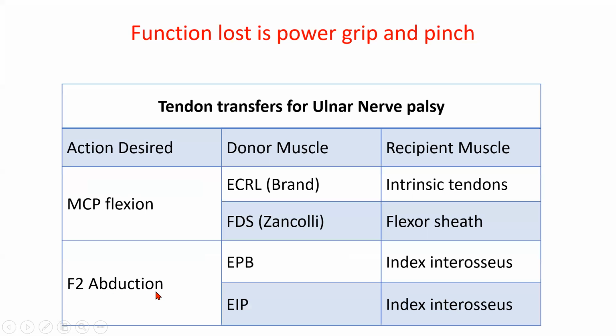And for F2 abduction, you can use EPB, extensor pollicis brevis, or extensor indicis proprius, because only these two actions are more important